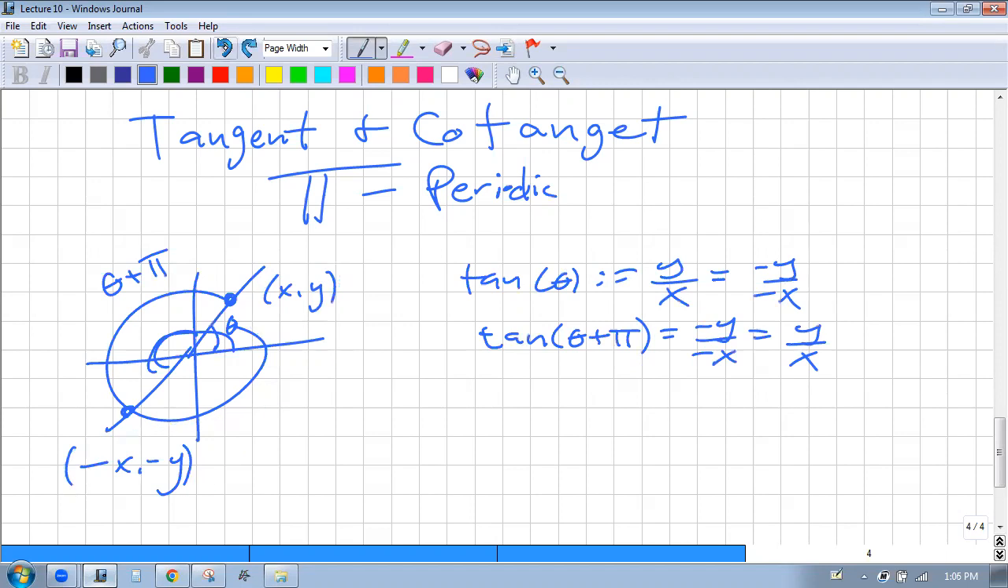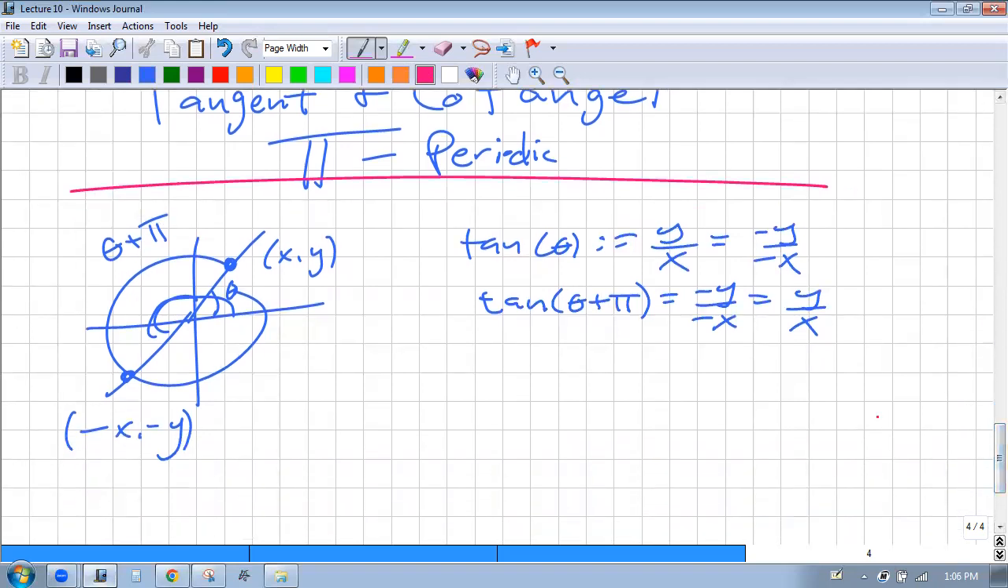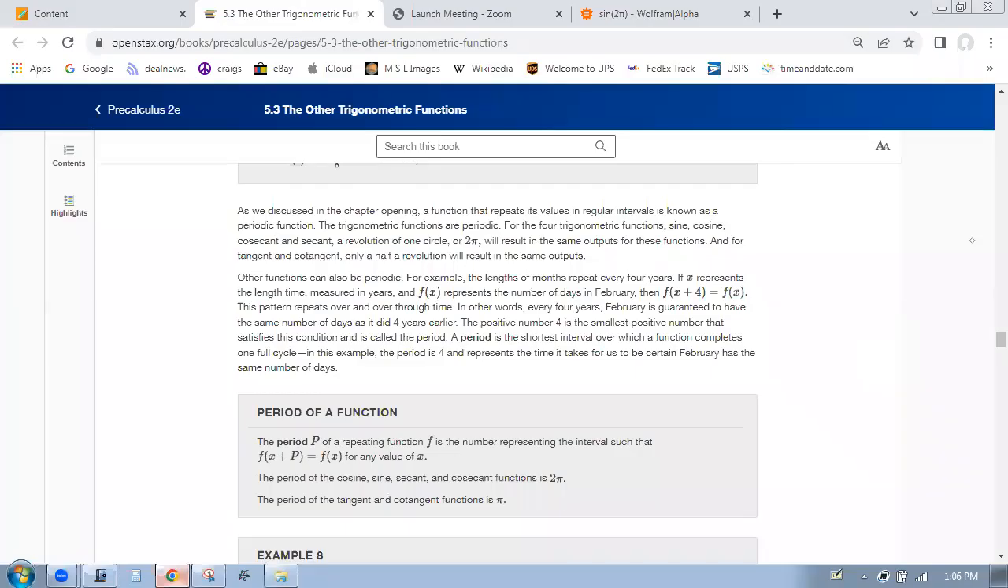Does that make sense? So we will come back to this later. All right, but just know functions are periodic. Our trig functions are periodic. They repeat themselves, right? Because it's all about circles. Okay. So moving on,